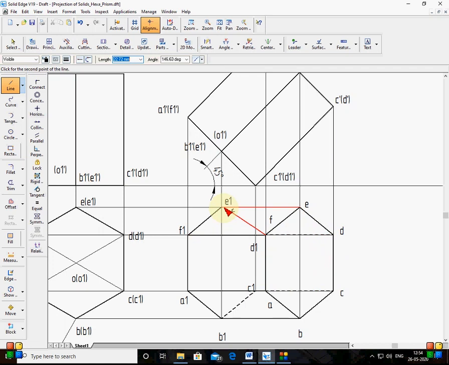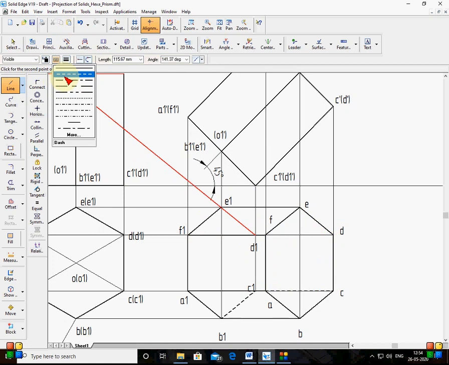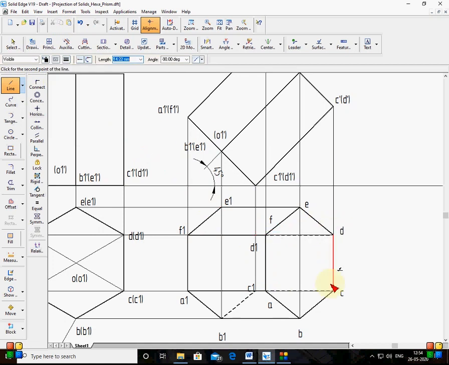D1E1 is hidden. Sorry, I took the wrong position. D1 is here. It is hidden. And this D1E1 is hidden. And this is hidden.